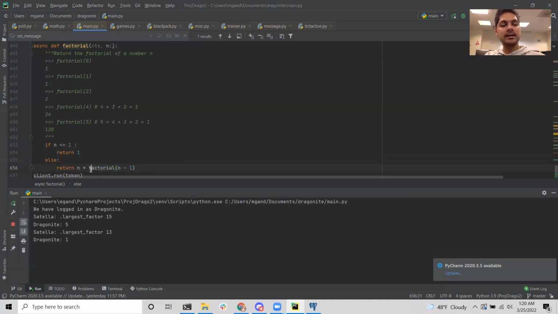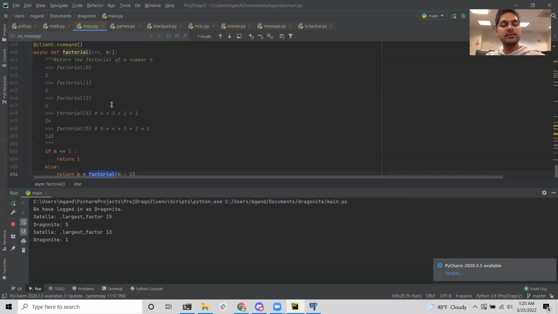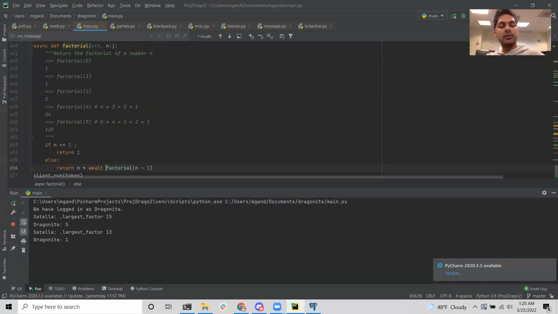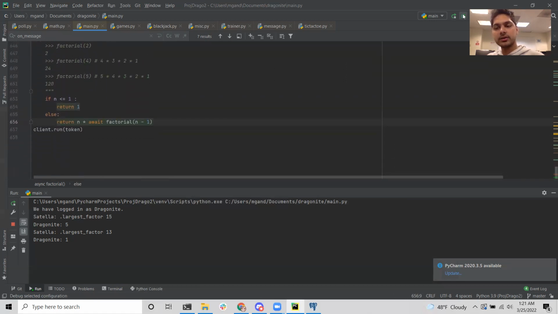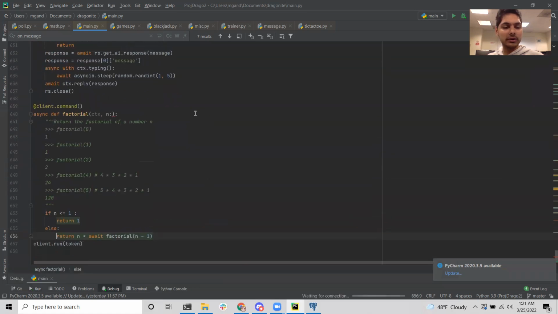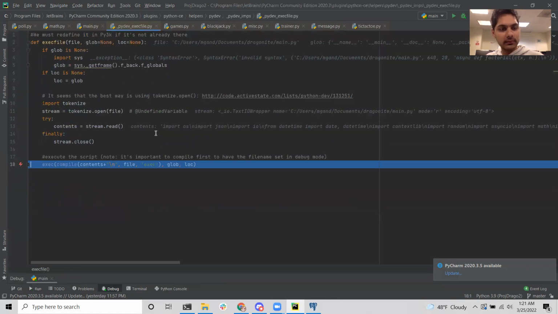Well, that's not it, because factorial is an asynchronous function, so we would have to say await. But when we hit this line, I don't actually know what would happen. We need to send the result, like the bot. Sure, this might work. I actually want to see what's going to happen.